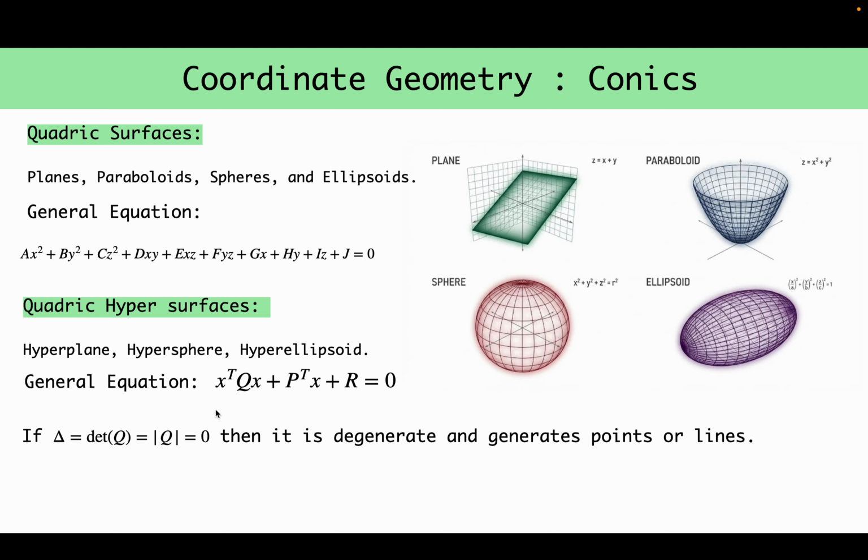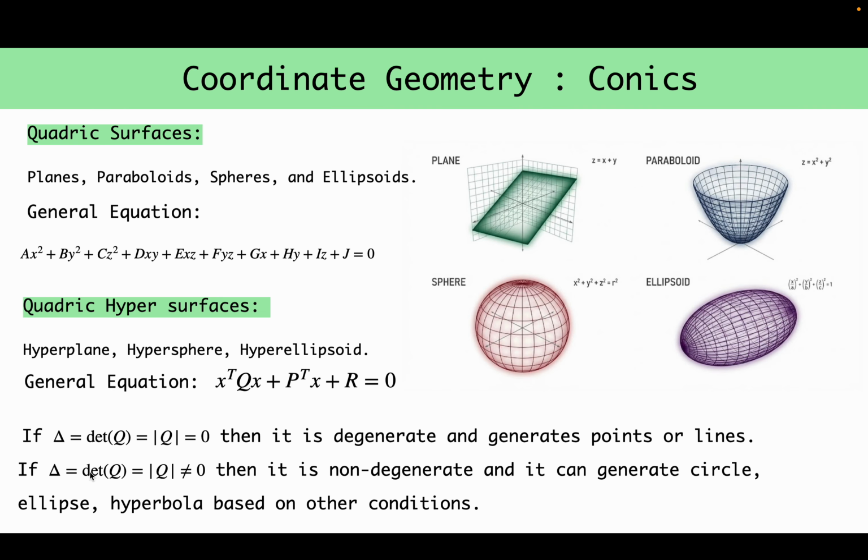So the degeneracy check is also the same. If the Q matrix determinant is equal to 0, then it is degenerate, which means that it condenses to lines or points. And if the Q matrix has a non-zero determinant, then it is non-degenerate, and therefore it can form various shapes. In 2 dimensions it forms circles, ellipses and hyperbolas, and in 3 dimensions it forms the corresponding surfaces which are mentioned here. So this is the summary of all 2-dimensional quadric equations